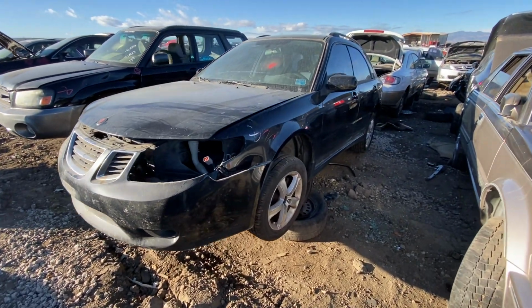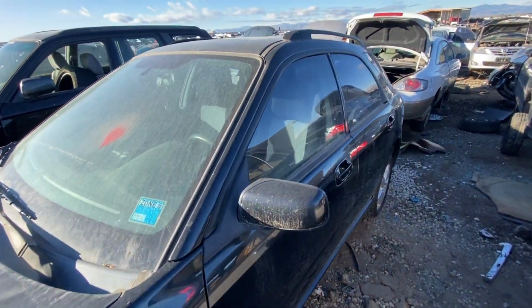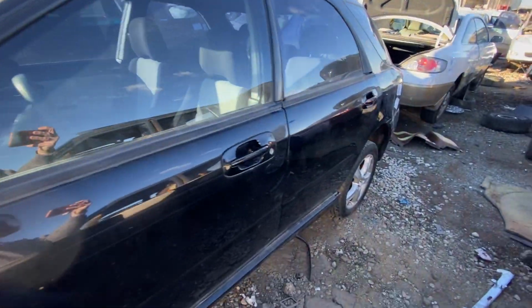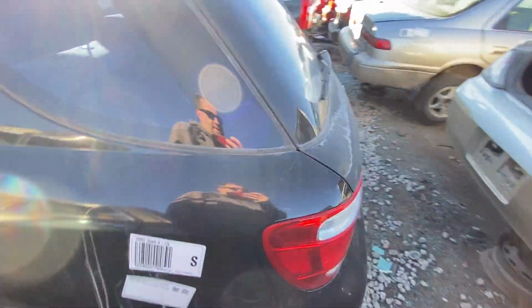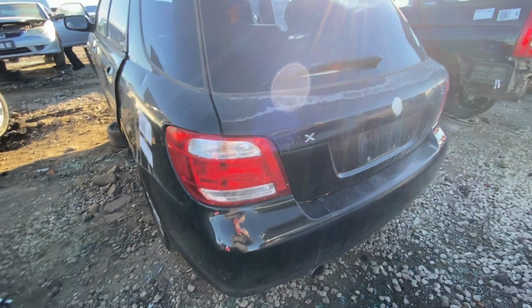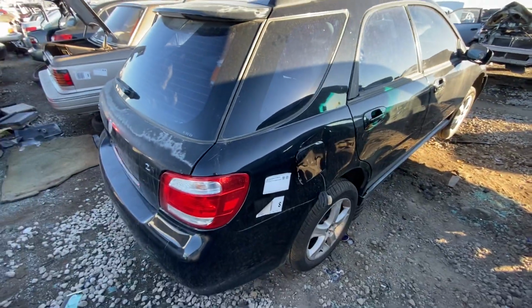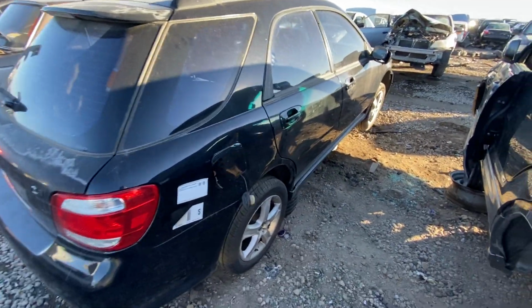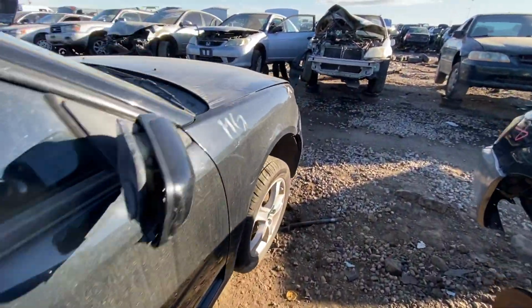But you know, when you look around the side of it, yeah, I mean, that is definitely the doors, the roof, all that is pure Subaru. Same with the back end. Taillights though are different. These are slightly different taillights than what the Subaru had at the time. But other than that, basically the hatch is more or less the same, and under the skin it's obviously the same too. So let's take a look under the hood first,